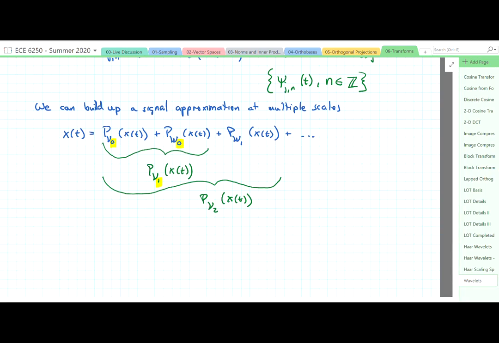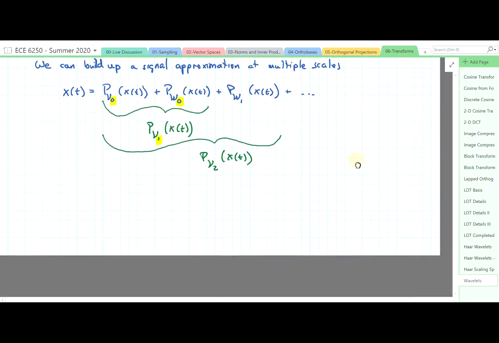So the Haar wavelet system now gives us x of t is equal to